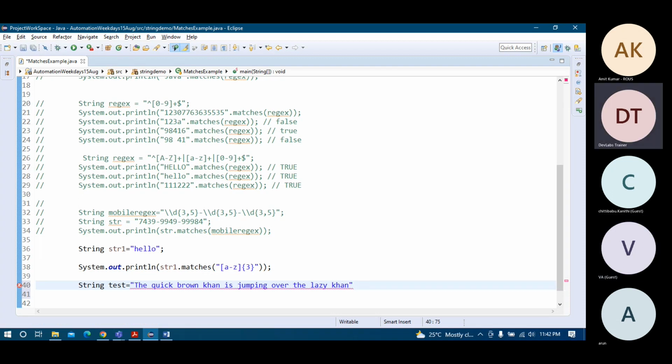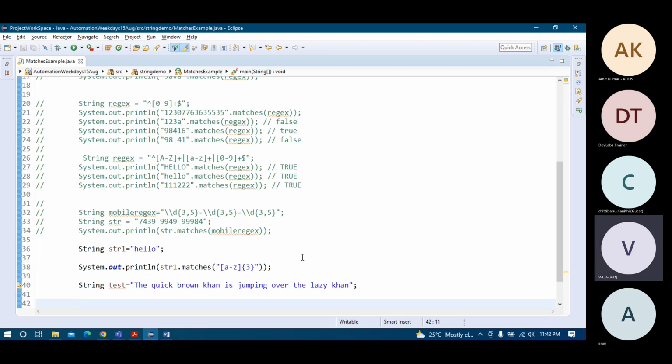Consider that I take one example, right? Yeah. This is a string, right? Yes. So this is all in small. But which character you want to change? Tell me. K. Only K, right? Yes. So you can write like this: